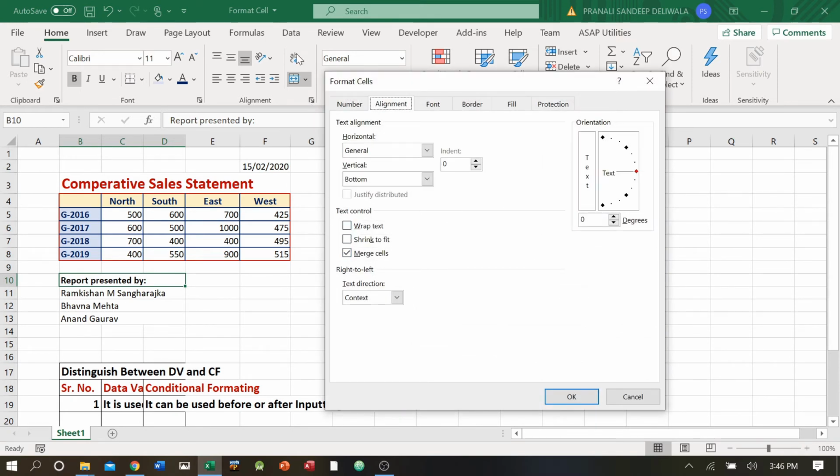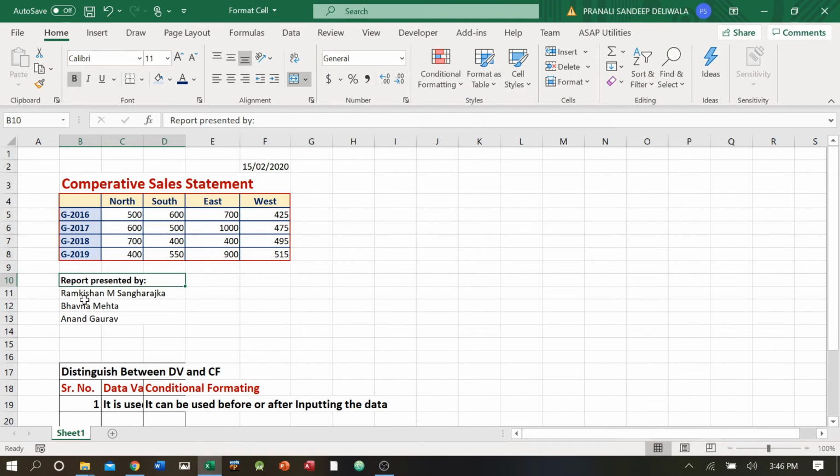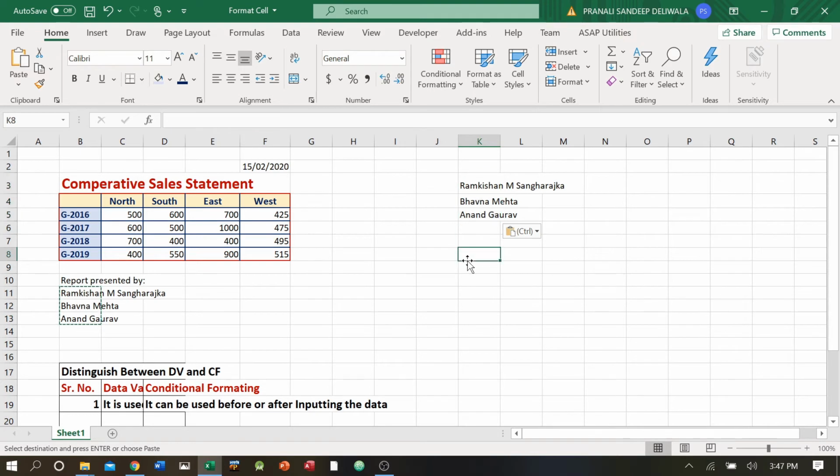I have done wrap text from here. You can see that example over here also. What is shrink to fit? Let's see. I'll say Control Z to each of them. Okay, so we are back to the same point. I'll deliberately select this one, Control C, and put it here, Control V. Now I can increase to this extent. So my 2 cells out of 3 are covered under that column width.